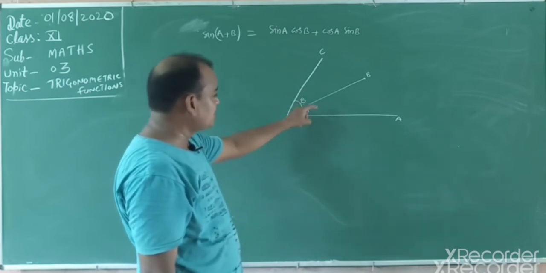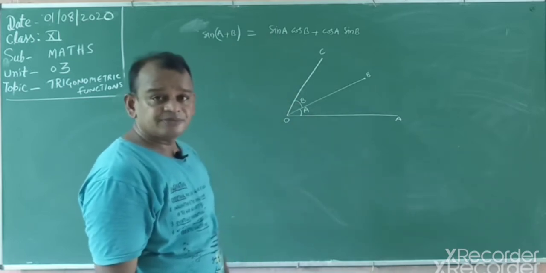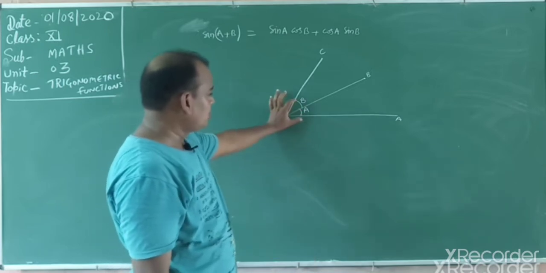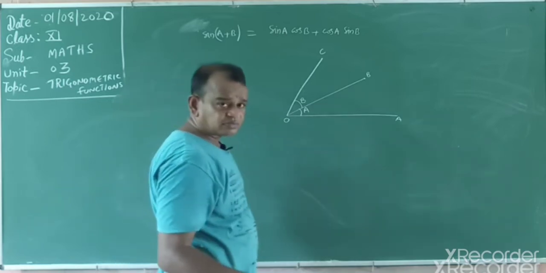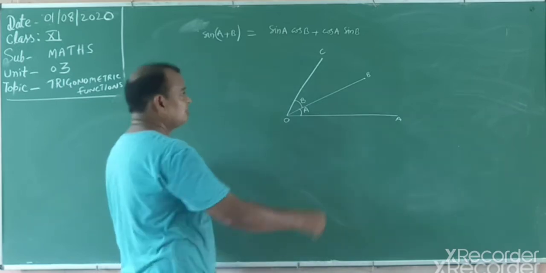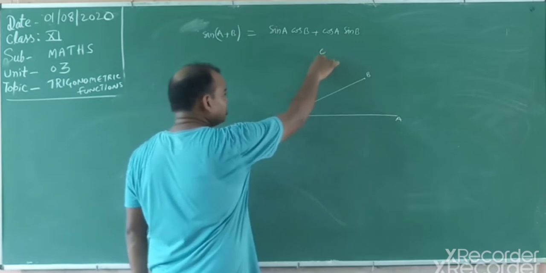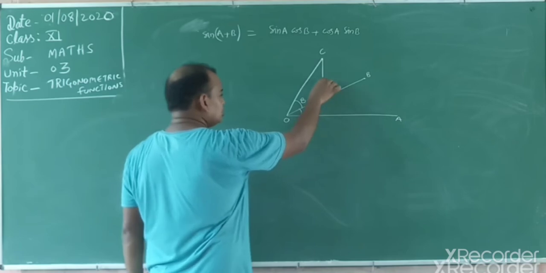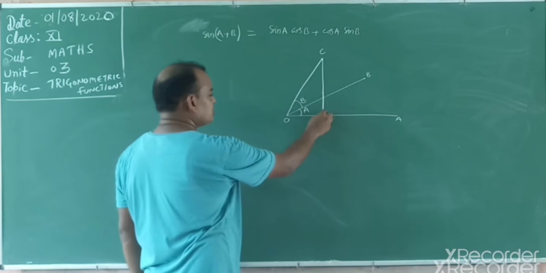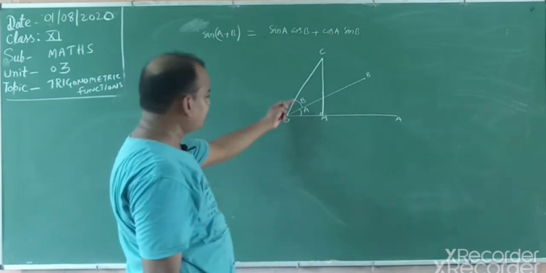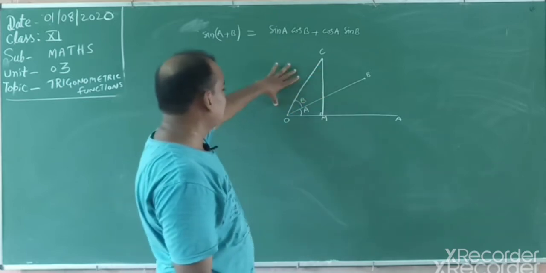The sum of these angles is equal to A plus B. Now apply the trigonometric ratio. Did you understand this first part? Yes, very easy. Now after that, some construction is going on. We draw the perpendicular from this one to this one. Suppose this is M. This is a perpendicular, as you know. Suppose sin of A plus B. What is the formula of sin of A plus B? You know very well, it is opposite side by hypotenuse.